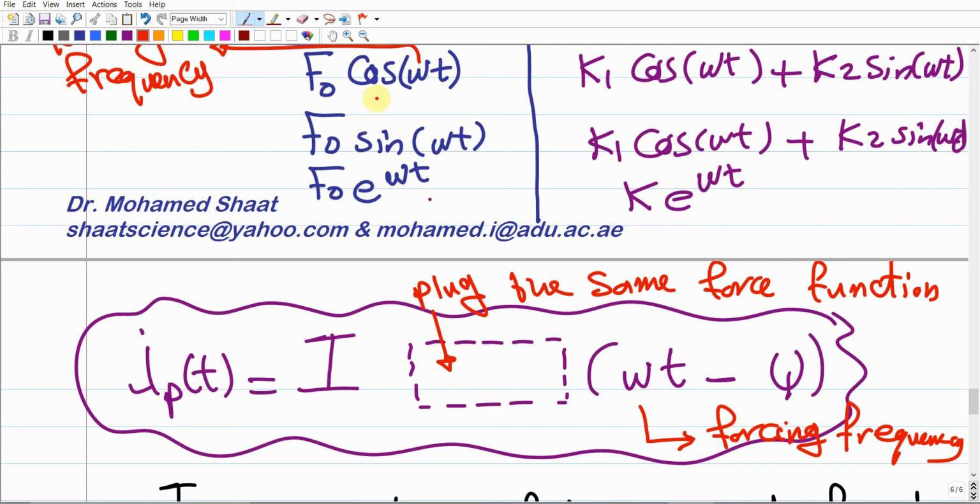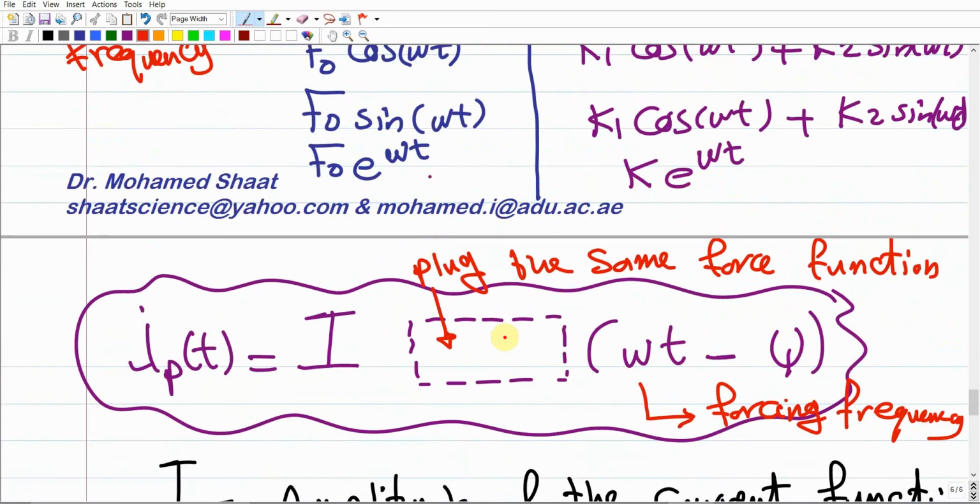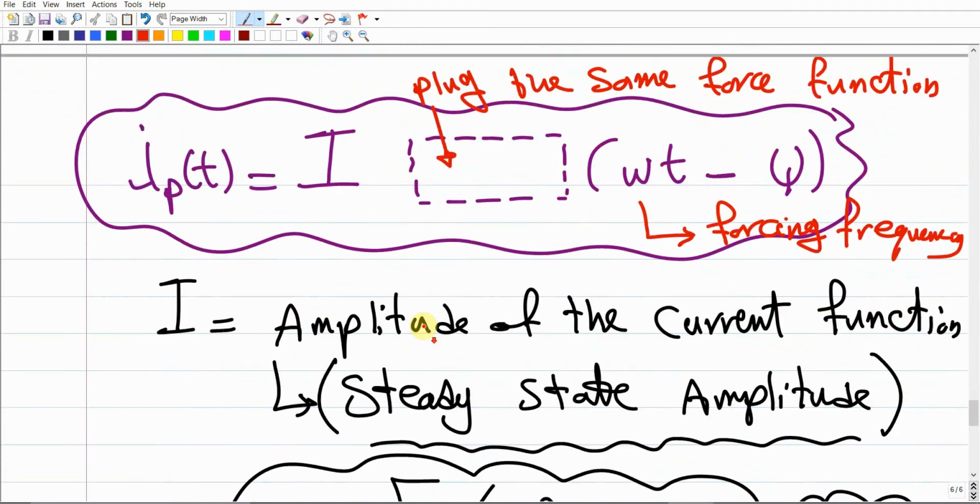For example, if this is cosine omega t, you should have here cosine omega t negative psi. This is the angle of this thing. If this is the exponential, it should be the exponential of omega t negative psi, which is gonna be the exponent of the exponential function. Make sense? Once we find the homogeneous solution as we described up there, this is the steady state solution